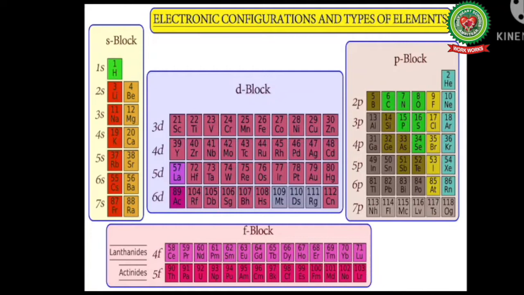All the elements in the periodic table have been classified into 4 types, or we can say 4 blocks. That is your S block, then this is your P block, then afterwards this is your D block, and this one is your F block. And this classification is done on the basis of the nature of the atomic shell into which the last electron enters. Now, as we are going to discuss S block elements in this video, let me show you, the S block element is present at the extreme left of the periodic table.